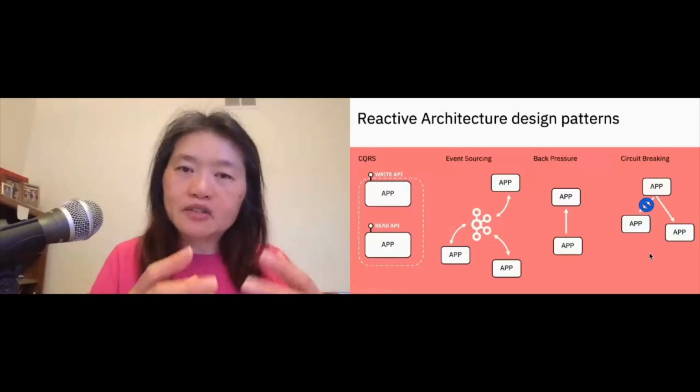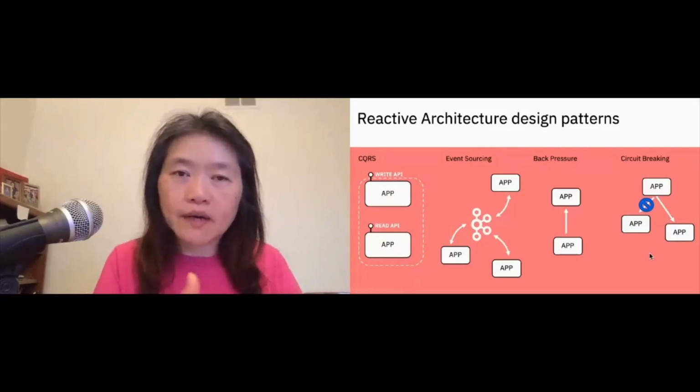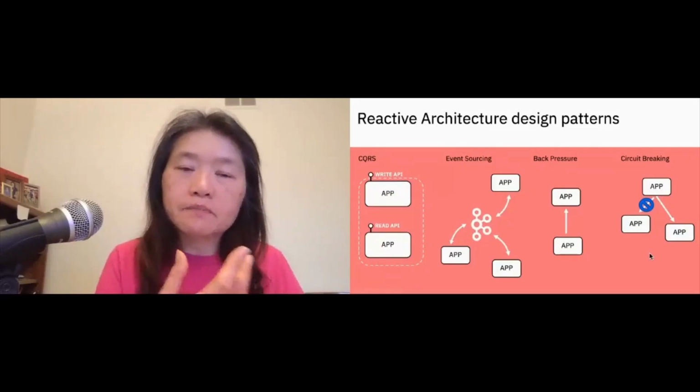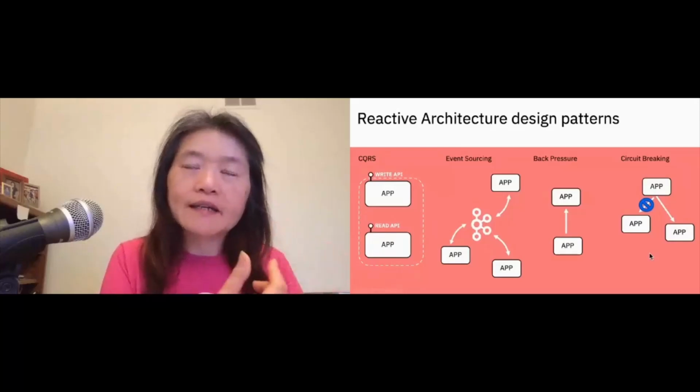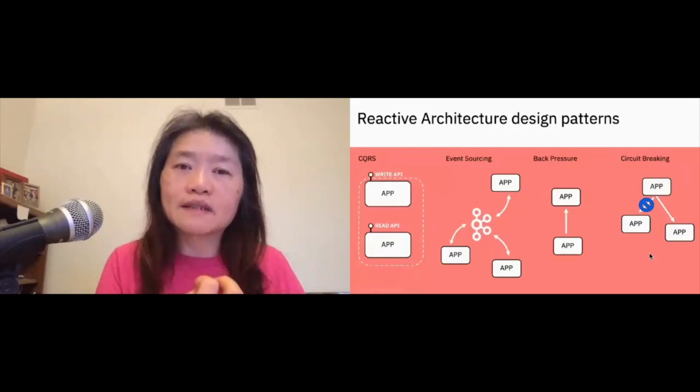if a system has to satisfy the four core principles of reactive systems, which are responsiveness, recoverability, elasticity, and being message-driven, then on the responsive side, we're saying that it is okay sometimes to sacrifice consistency.